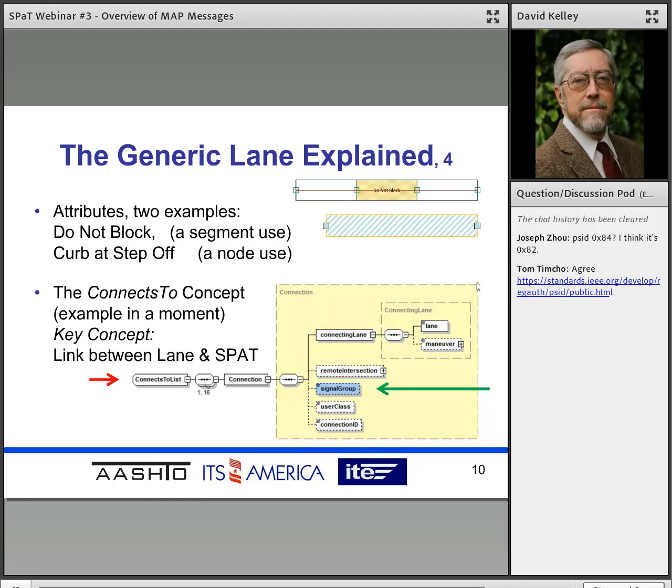You may care to encode that. Finally, we need to talk about the all-important connects to. Every lane has a stop line. Well, most lanes have a stop line. And every lane with a stop line has a connects to, where a variety of